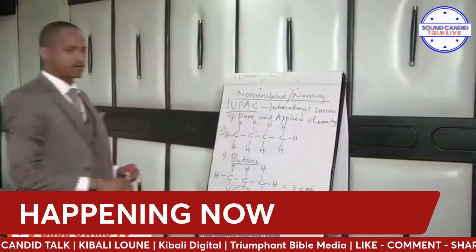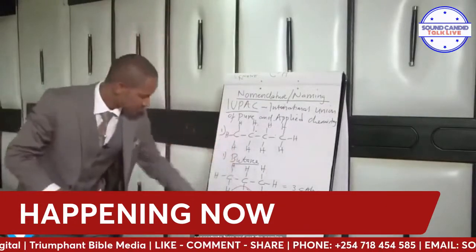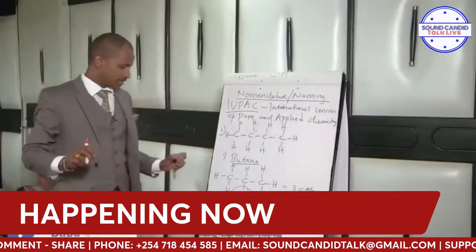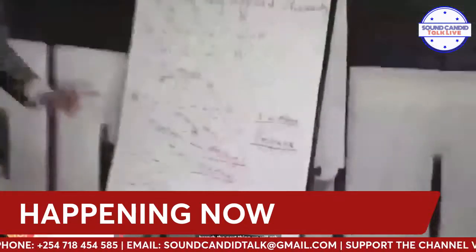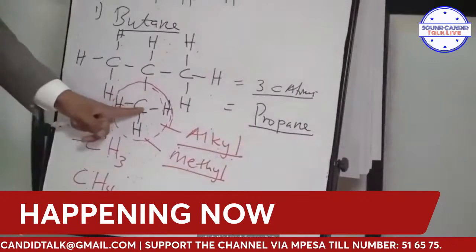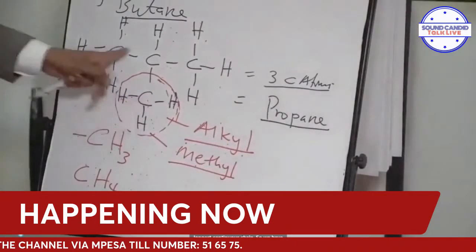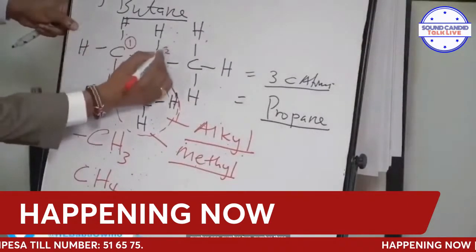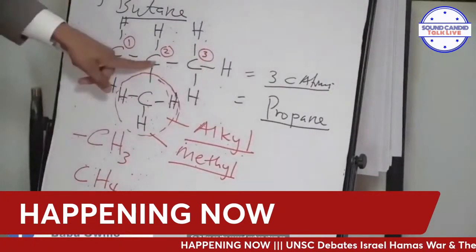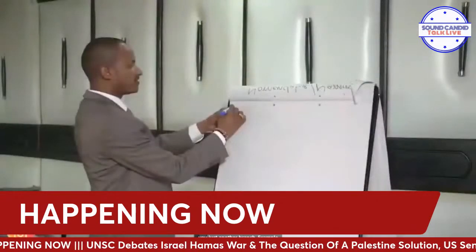Pay close attention, class. This is not the time to even wink. You can only afford to smile, because I want you to concentrate here and get the naming clearly. Then after identifying the branch, the next thing we will ask ourselves is, this branch lies on which carbon atom, on what number of the longest continuous chain? So we have number 1, number 2, number 3. So it lies on the second carbon atom along the continuous chain. So you just name another branch, example 2.